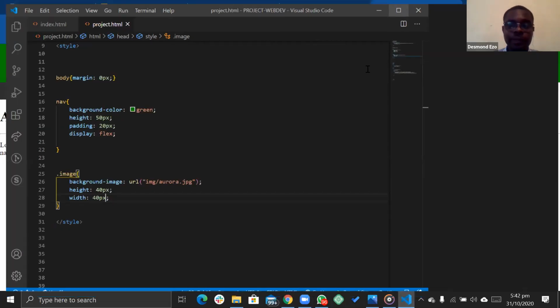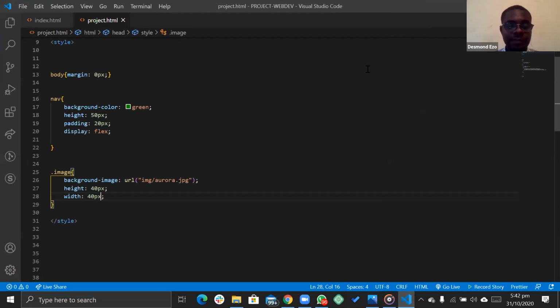Can you see my VS Code? Please, anytime you can't see my screen, don't just drop a message. You can unmute your mic and say something, because when I'm sharing my screen, I can't really see messages as they come in unless I check. So can you see my VS Code now? Yes, I can see your VS Code. Is everyone following? Yes, I'm following. Thank you.